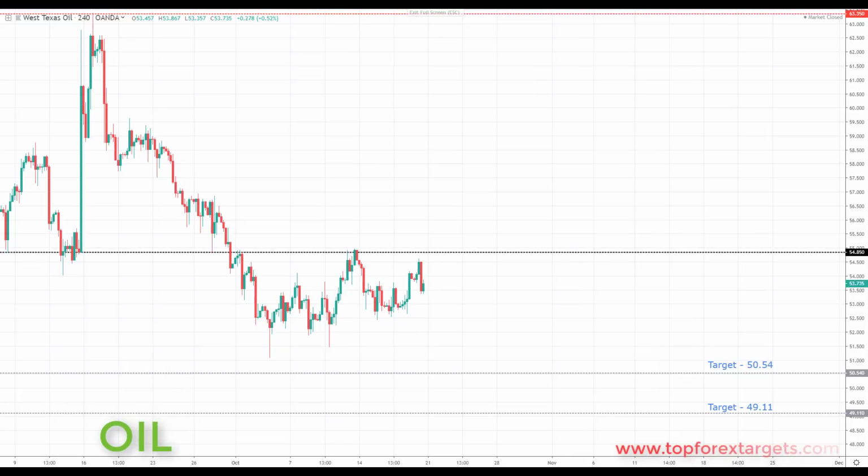The next market that we're going to look at is crude oil. Now, last week we highlighted the 54.85 area to start to look for a bounce to the downside. We did come back and test this key area of broken support, turning resistance at the 54.85. For anybody not already looking to be short in this last week, if we can come back and retest this key area of broken support, turning resistance once again this week at the 54.85, this will once again be a great place to start to look for those bearish formations and patterns.